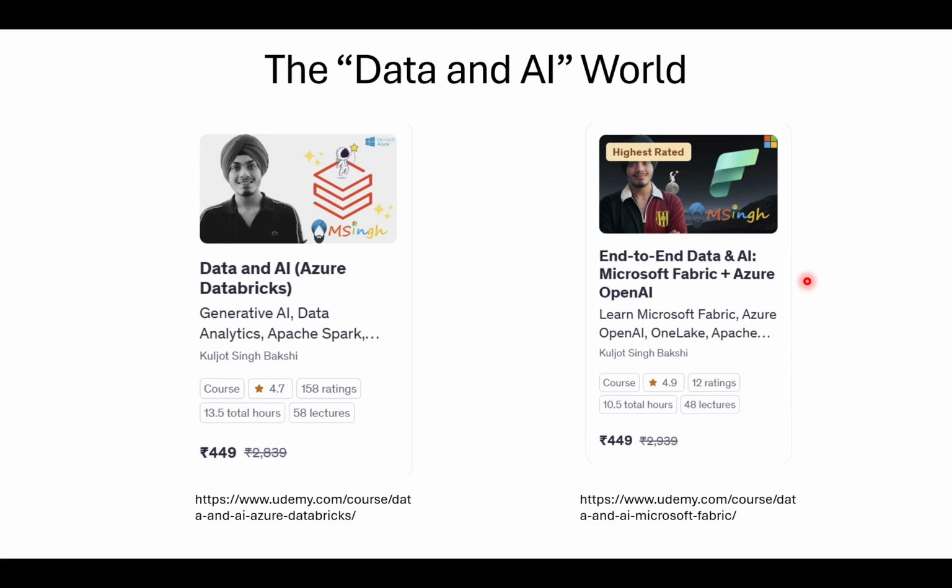Now, I also have one segment that's called the data in AI world. So it sits between data engineering and AI domain. So if you are somebody who's looking to make a shift, or maybe just have a special interest in the intersection of data and AI world, or someone who's working in the data world too, I highly suggest you go ahead with these courses. One of them is Data and AI on Azure Databricks, and the second one is Data and AI on Microsoft Fabric, which is a really cool upcoming product by Microsoft. And Microsoft is pushing a lot of money into this product, as far as I know.